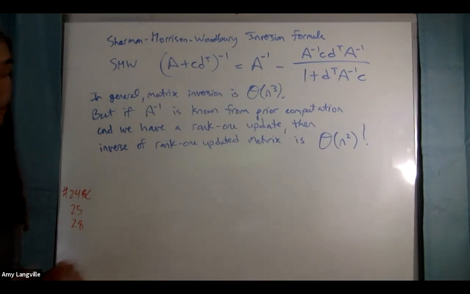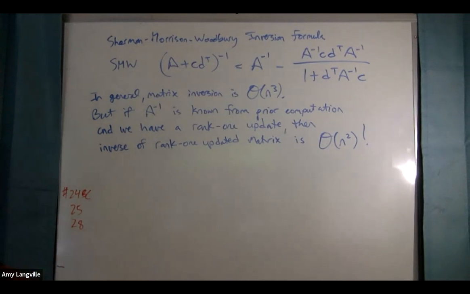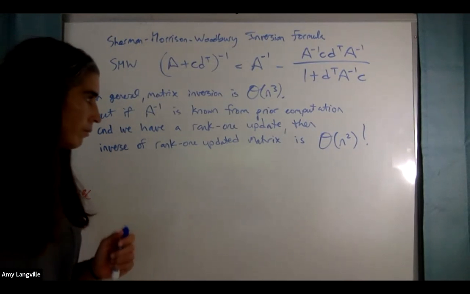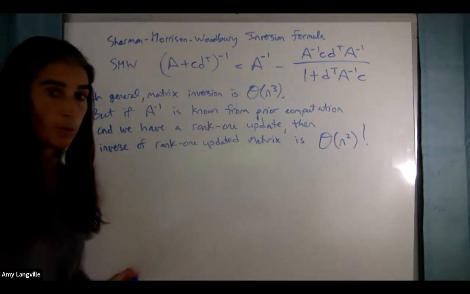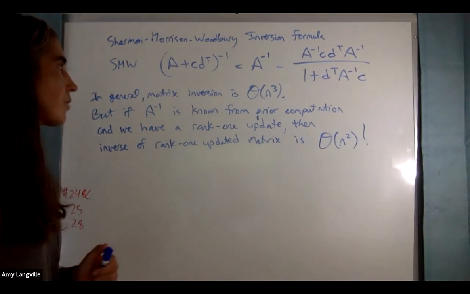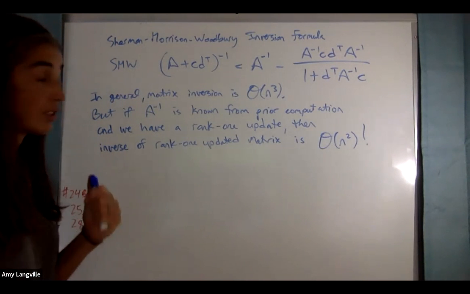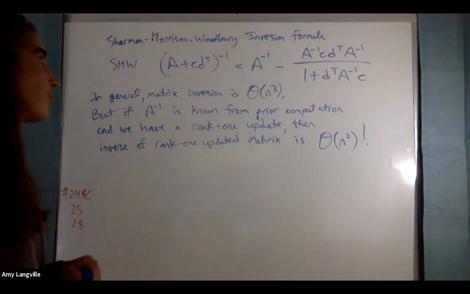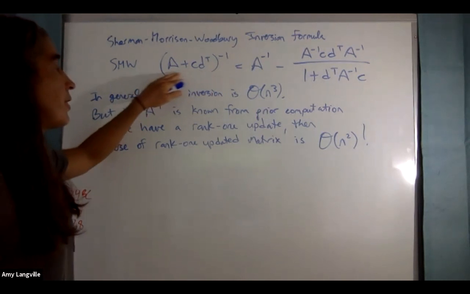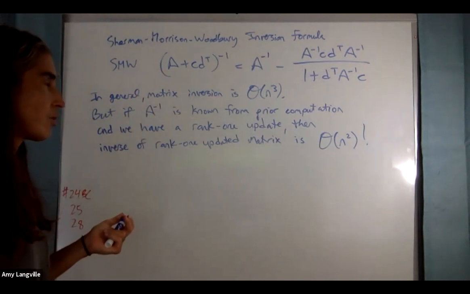We're going to use a formula called the Sherman-Morrison-Woodbury inversion formula, SMW. It's an advanced linear algebra topic. Not all linear algebra books have it, but it is super helpful for us with the simplex. It's a bell and whistle that you could put in your simplex code, not required, but know that this exists and is what's happening in production code. So if I want to take the inverse of a rank 1 updated matrix, like we had, B plus C D transpose,